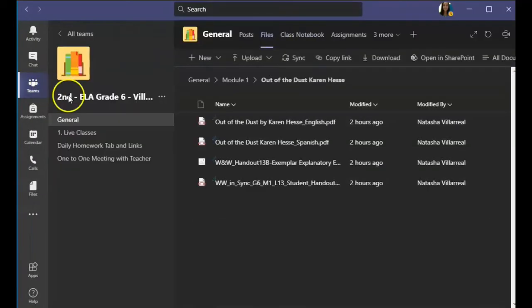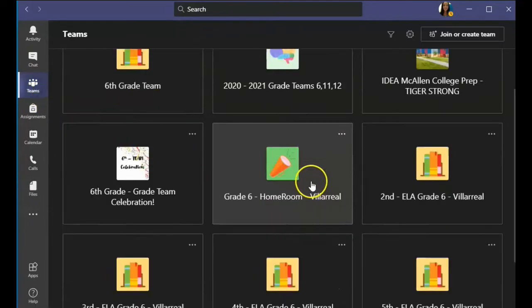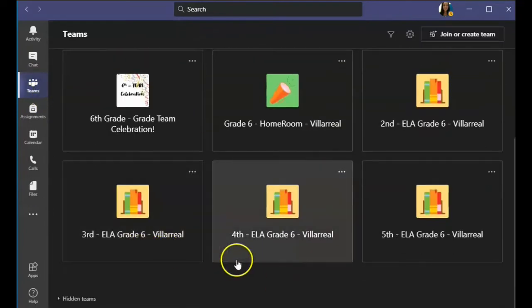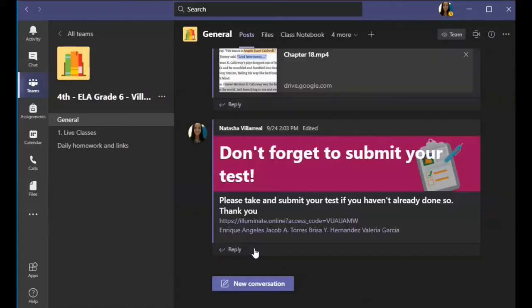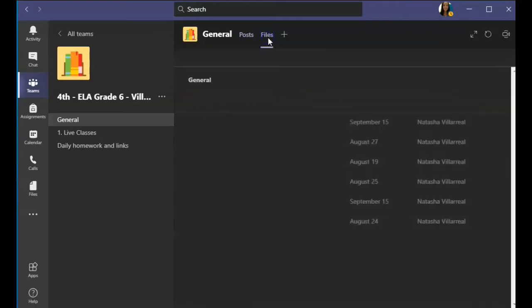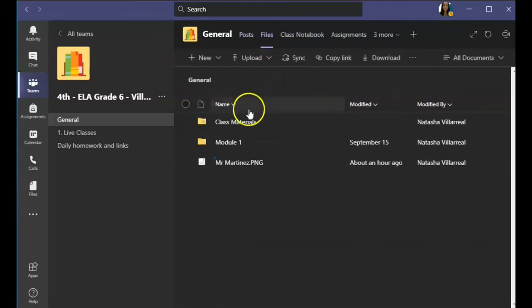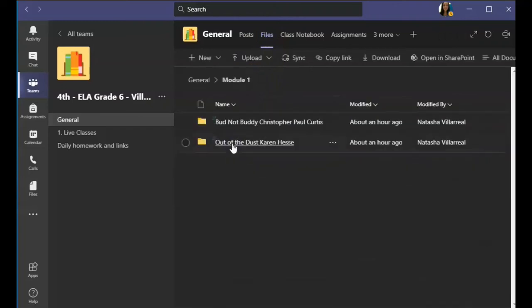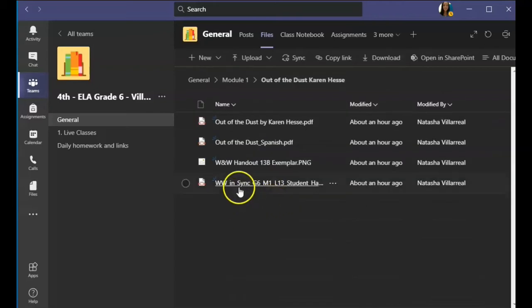Well, in your Teams for ELA, let's say I'm in Ms. Villarreal's ELA, whatever class you're in, this will be in every single class. All you have to do is click on the word Files up here in these tabs. Once you click on Files, you will go to Module 1. Then you'll click on Out of the Dust. If you click on that folder, the very last thing, this one right here, it should say